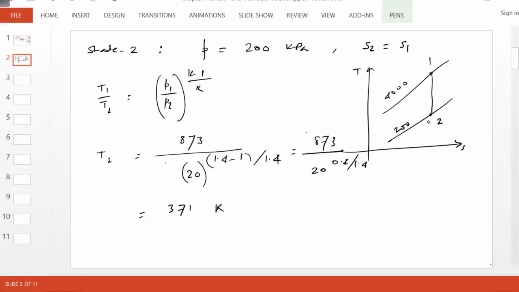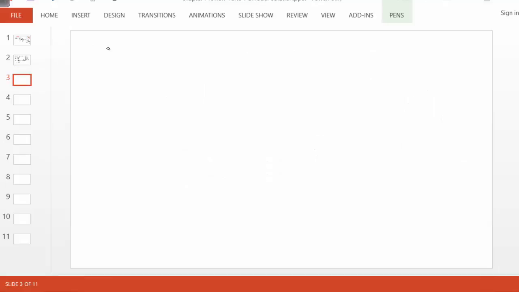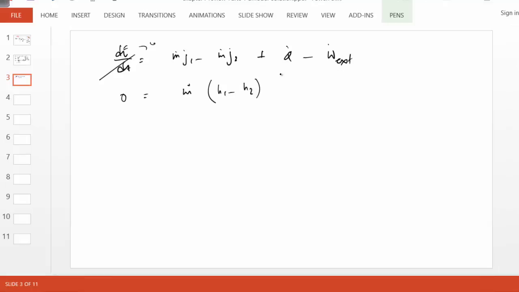So we found state 1 temperature, state 1 is given, state 2 we've just calculated. So therefore, we can do an energy analysis for the turbine. dE/dt equals m dot J1 minus m dot J2 plus Q dot, right? So steady state, 0 equal, and we are just writing J equals H, and W dot turbine is our ideal turbine. So let me write down ideal here to remind us that this is an isentropic turbine. So therefore, W dot T ideal,